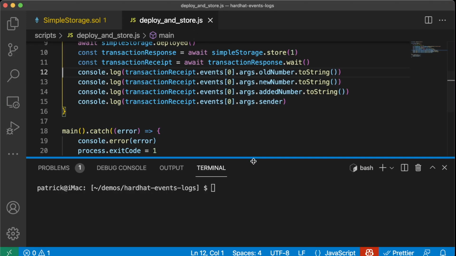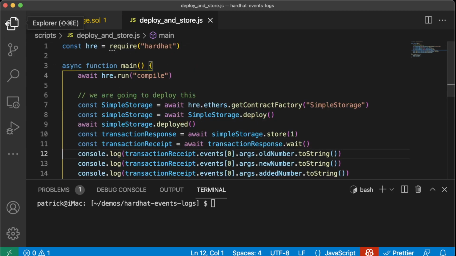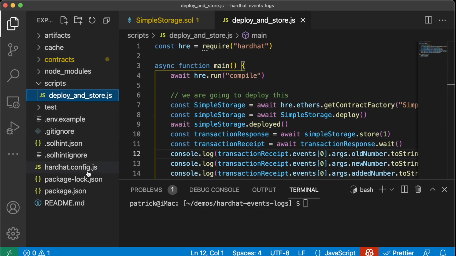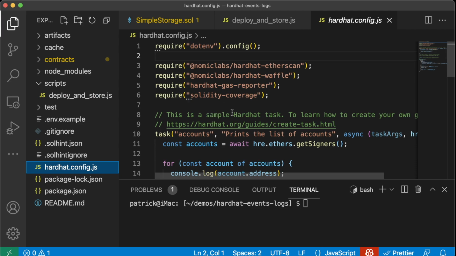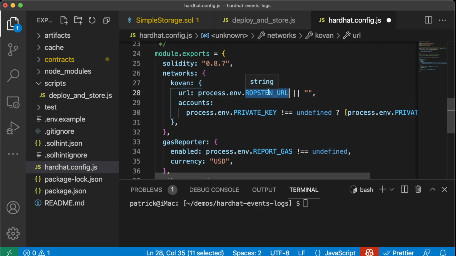Now that we have everything set up here, let's actually deploy this to a testnet so we can see what this looks like in Etherscan. So in order to do that, we're going to come down to our Hardhat config, and we're going to add a couple of things in here. So first, we're going to add our Kovan testnet. I'm just going to go ahead and replace Ropsten with Kovan here. We're going to add a Kovan RPC URL